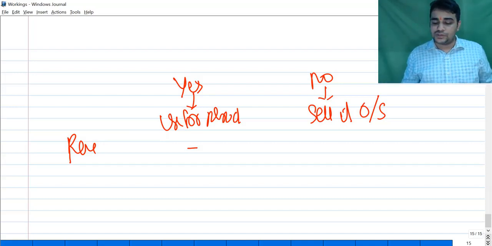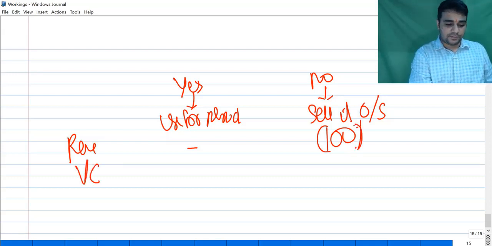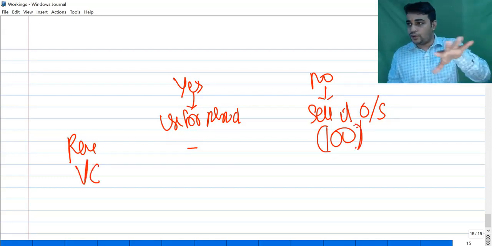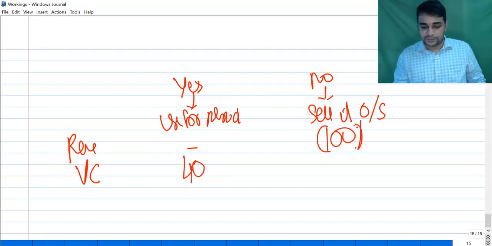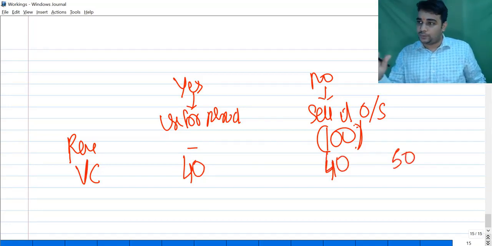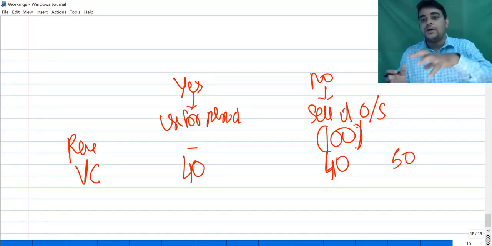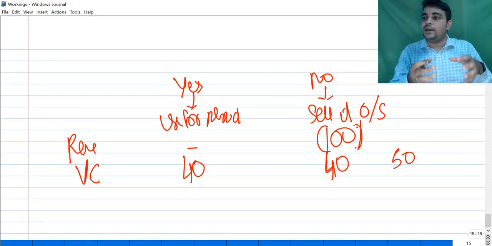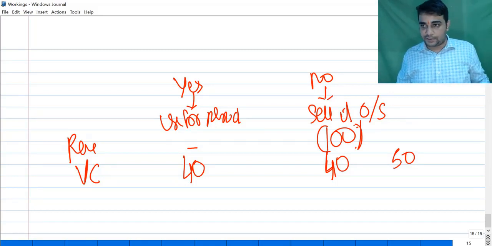So on this side revenue is not there. On this side let's assume you are earning a revenue of 100 rupees. I am writing it in brackets. Revenue is in bracket. Variable cost: if you are using it for your internal use, you will incur a variable cost of 40 rupees. This side also will be 40. Sometimes this side can be 50 or 60 or 30 or 20. The question can give a different number, saying that when you sell it outside, your variable cost is 25 rupees, but when you are using it in-house, the variable cost is 20 or 30 or 40. The variable cost can be different.